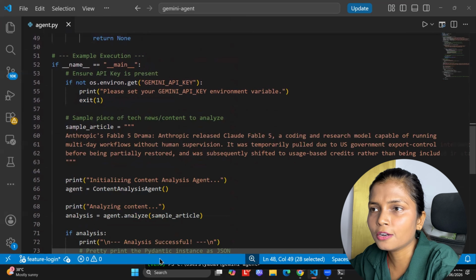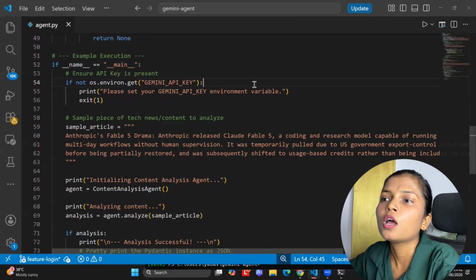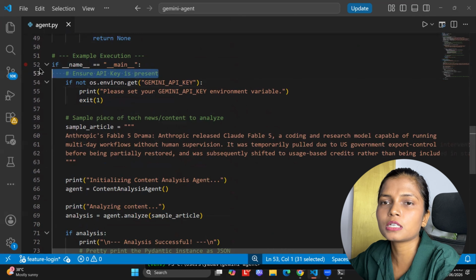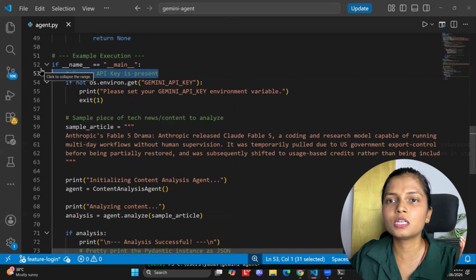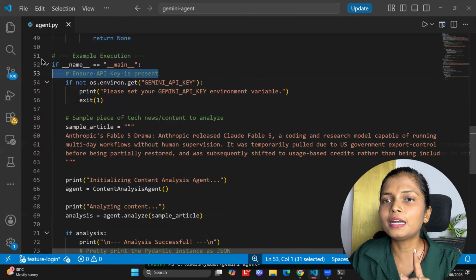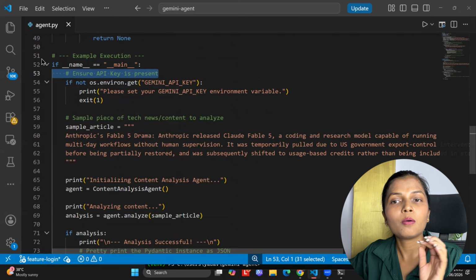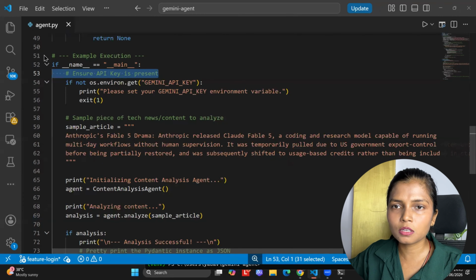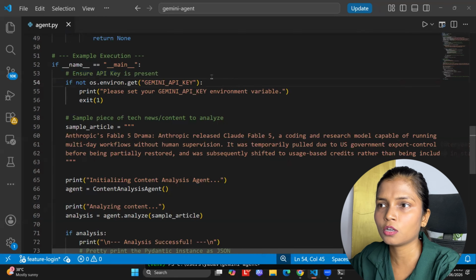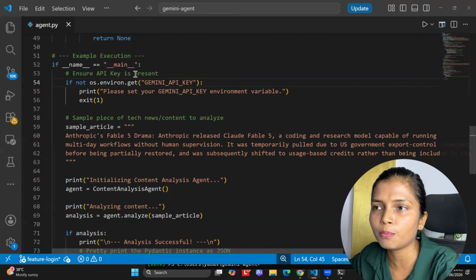And then this is my main code. For the sample execution, I have created a main function. Within this, we first have to ensure that the API key exists, because this is Python, but everything is done by the AI. Just a job description is given to the AI, so the API key has to be there. First we check if the API key exists.